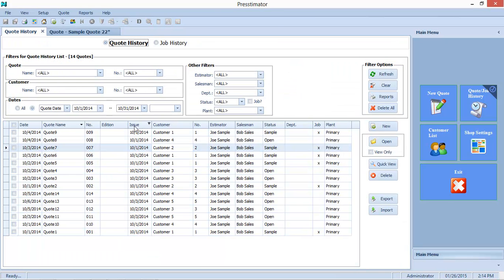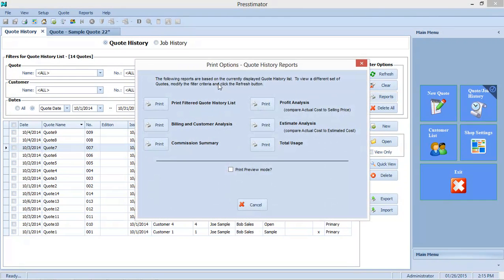You can print reports off of a filtered number of quotes that are saved in your quote history. So you can filter this data using any of these filters up here that you'd like, and then here there are also quote reports that are based off of this filtered information. So in this case we have a number of quotes, and we labeled them as sample data and said that they're quotes that we did in October for this month, and we want to generate reports off of what happened in the shop during the month. So you can click on the reports button,